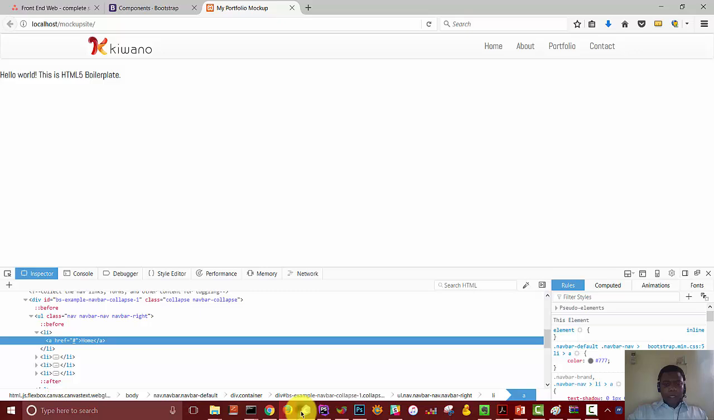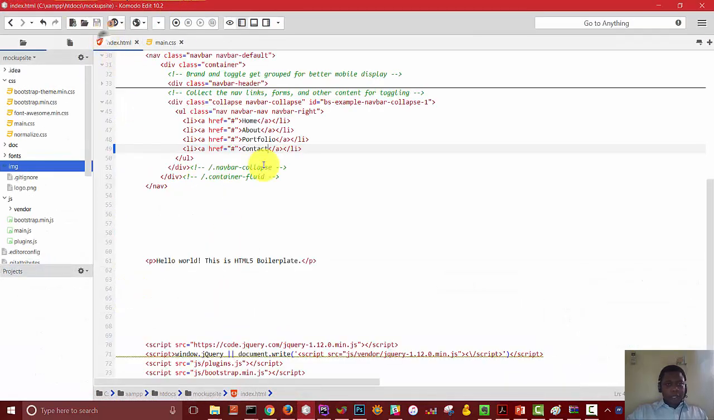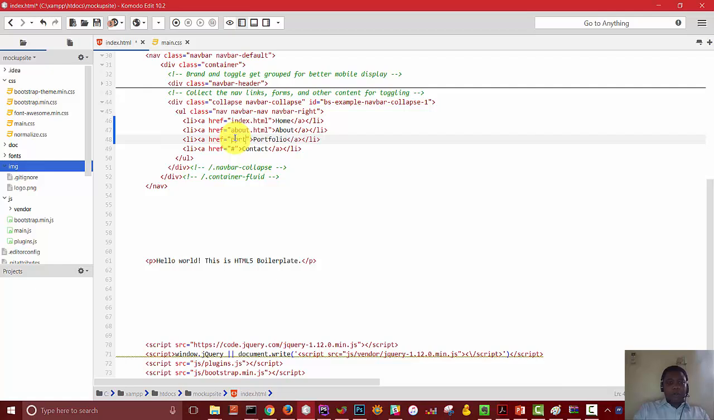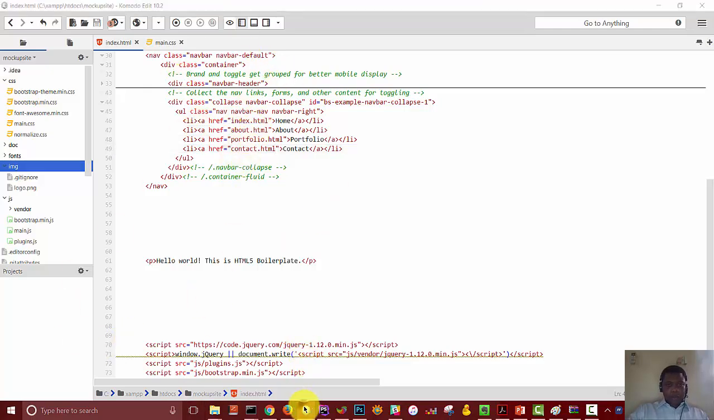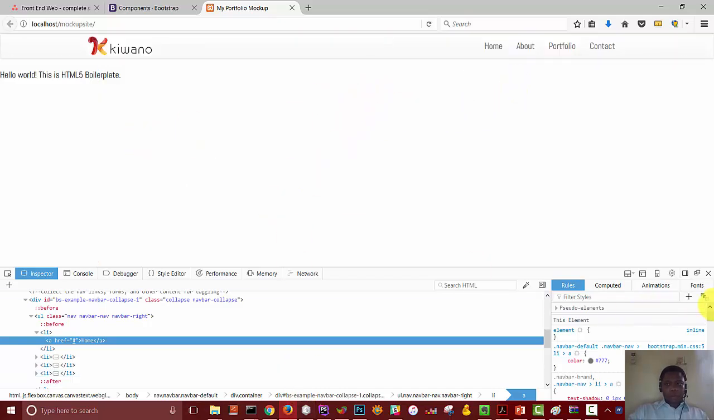So what next? Okay, let's define our links. So we go to our index.html file. The href is just hash, but let's change it to index.html. Let's make this about.html. Let's make this portfolio.html, and contact.html. Next thing is